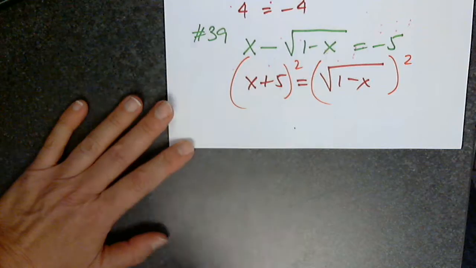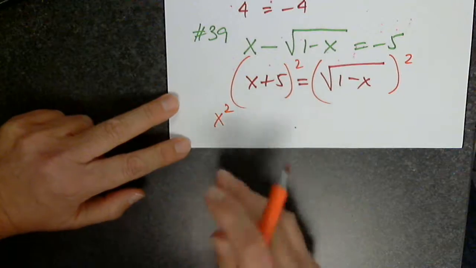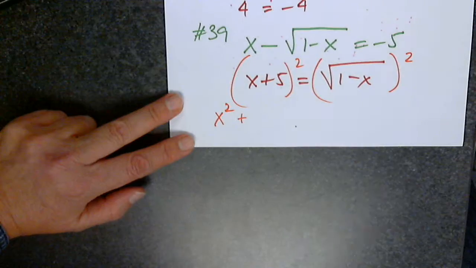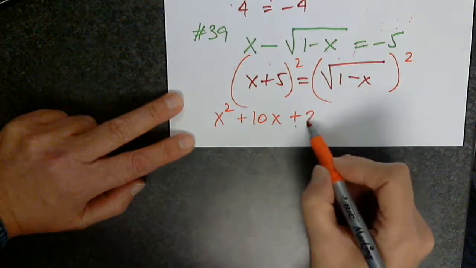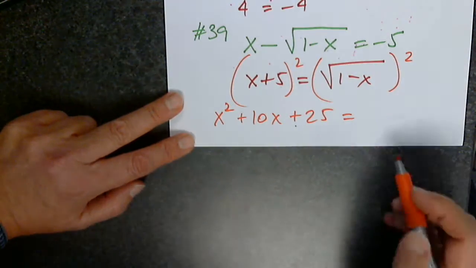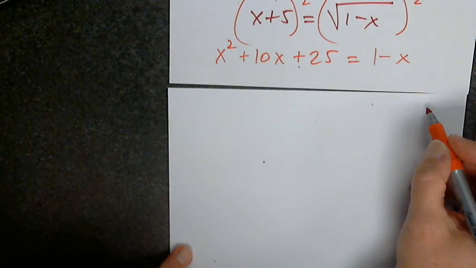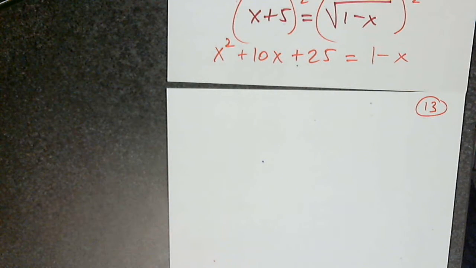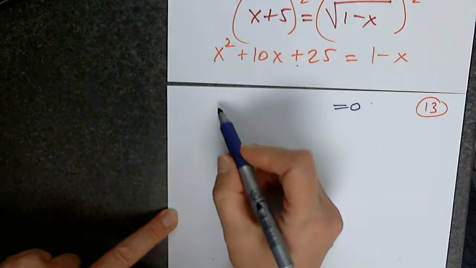Okay, can anyone tell me what to write for this so we can finish this problem? X squared, I agree. Plus 2 times the first times the second. Very good. Plus, very good. And the right hand side. That's it. Finally, what type of equation is this? It's a quadratic equation, so I have to. Very good. So x squared